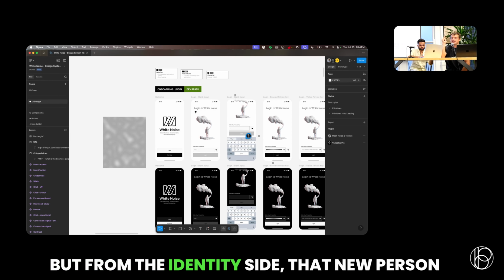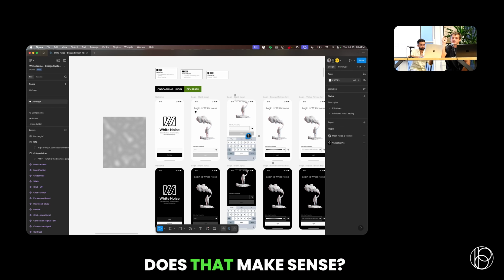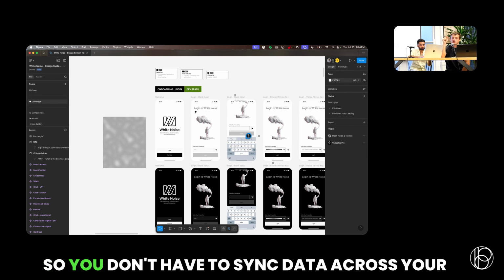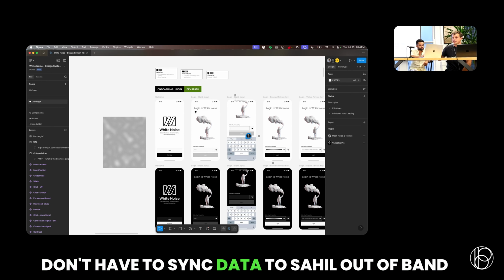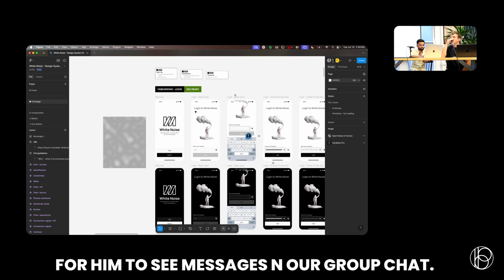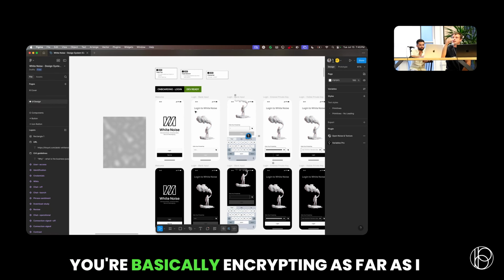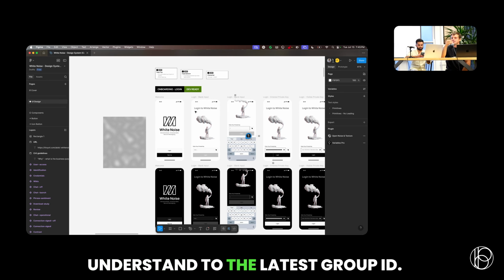From the identity side, that new person happens to have the same npub. Does that make sense? So you don't have to sync data across your devices for both of those people. Just like I don't have to sync data to Sahil out of band for him to see messages in our group chat. You're basically encrypting, as far as I understand, to the latest